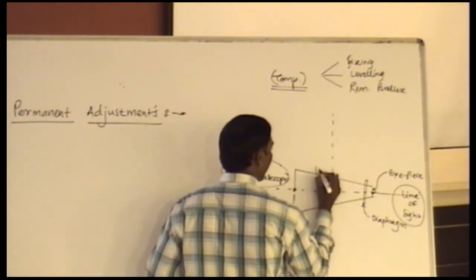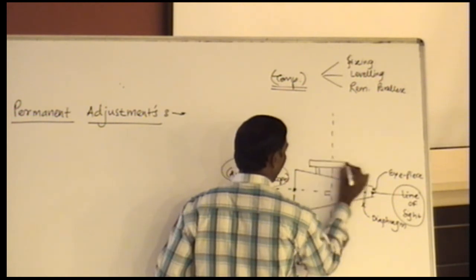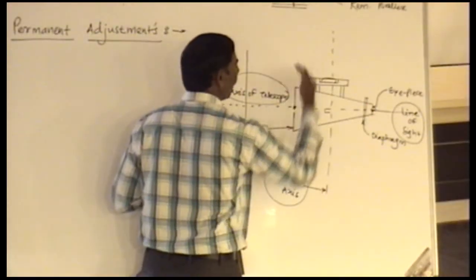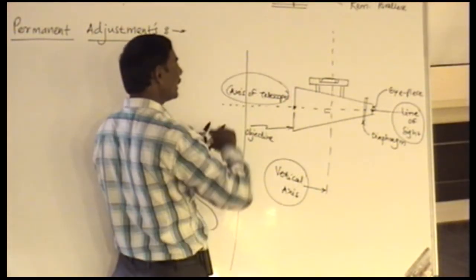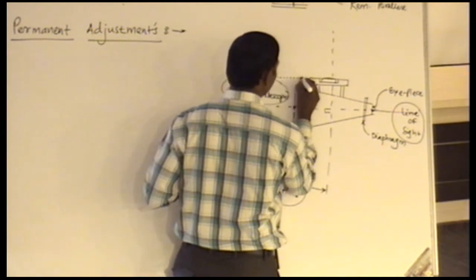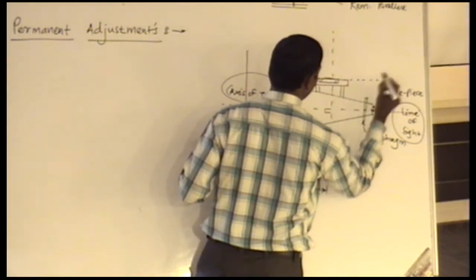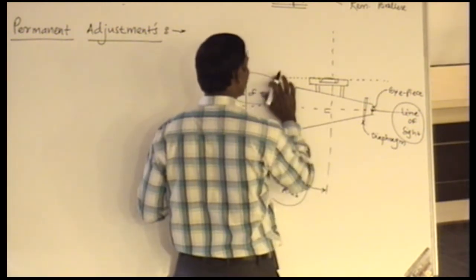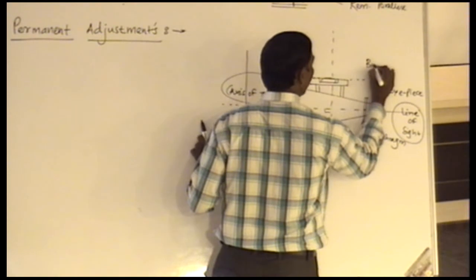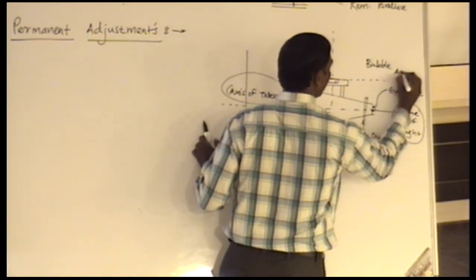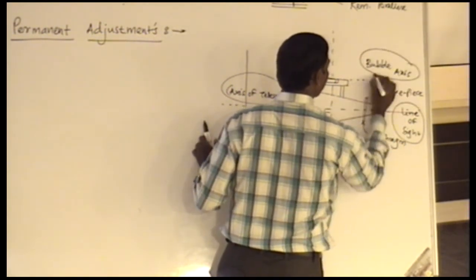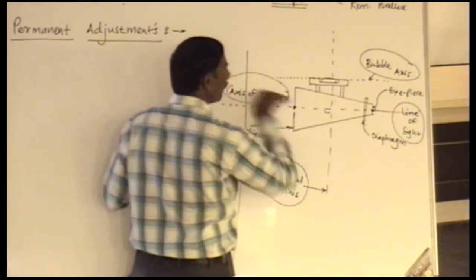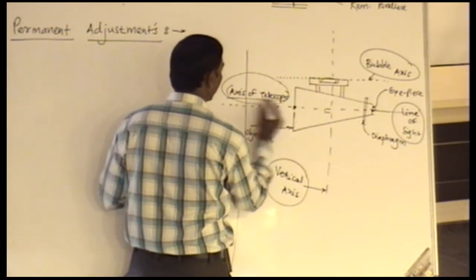And there is a bubble tube with a bubble at the center. The bubble tube is of curved shape, so we can draw a number of tangents. But the particular tangent, the one which is horizontal and tangent to the curvature of the bubble in the bubble tube, is called the bubble axis, or axis of bubble tube. All these names pertain to that. And the relationship of the axis of telescope with the bubble axis is that they must be parallel.